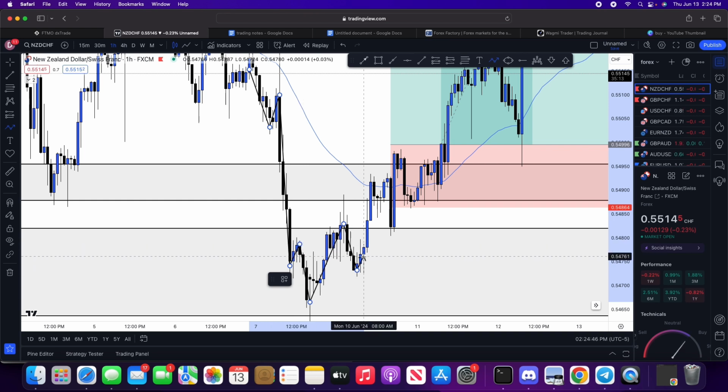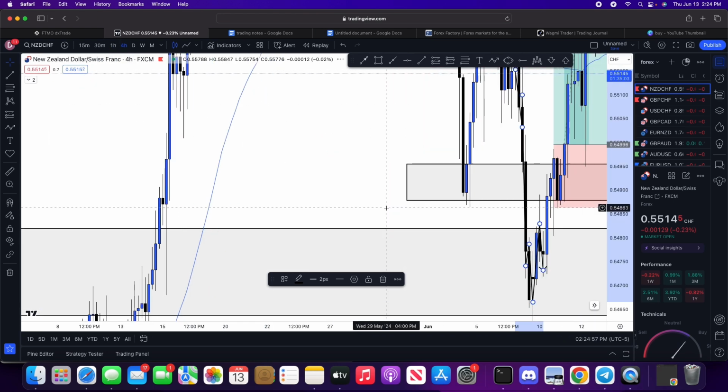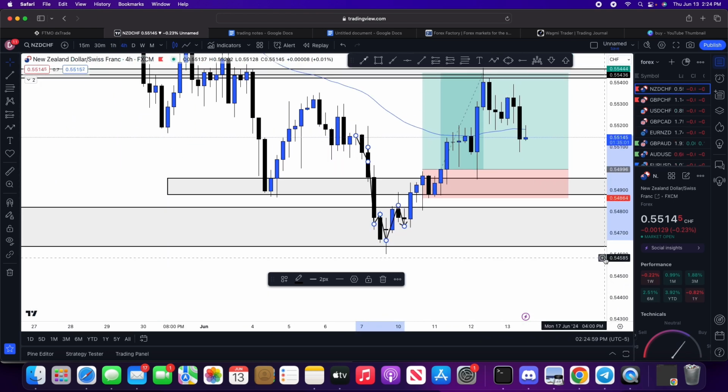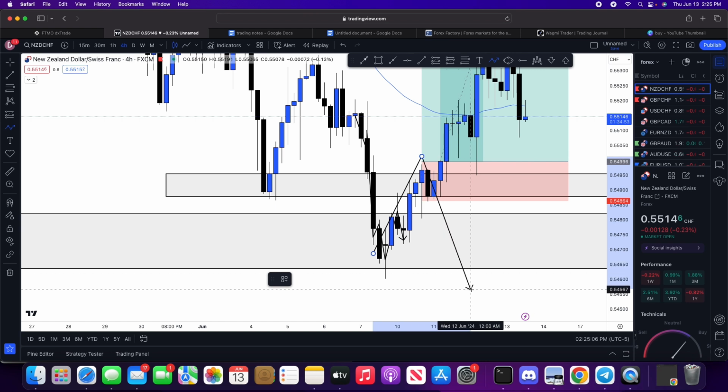Now again, this is on the 1 hour time frame. So we just saw that on the 4 hour, it's not the same. If anything, on the 4 hour, we could argue that, hey, look, we're kind of still bearish. And I mean, that's not wrong either. Why? Because price could still come up here somewhere in the middle and then start pushing back down, right?